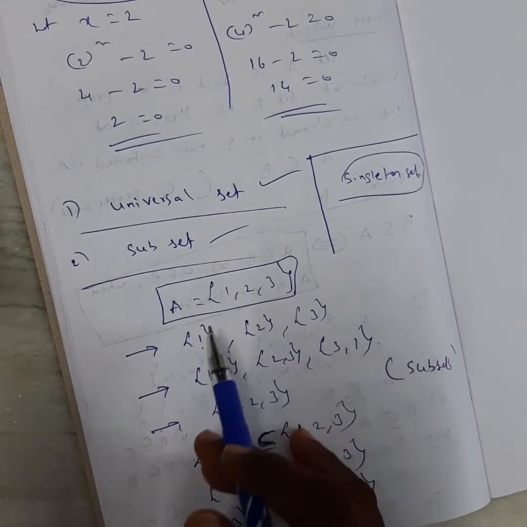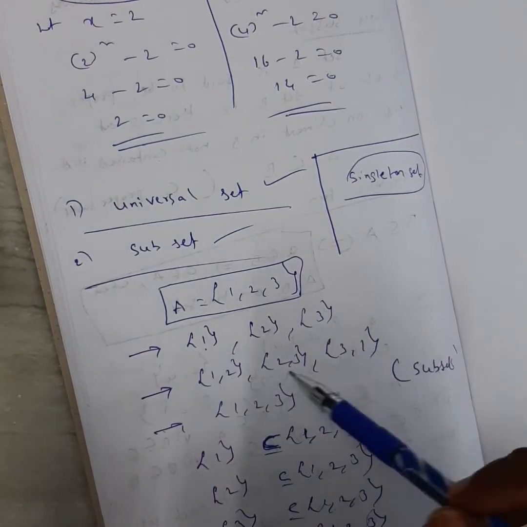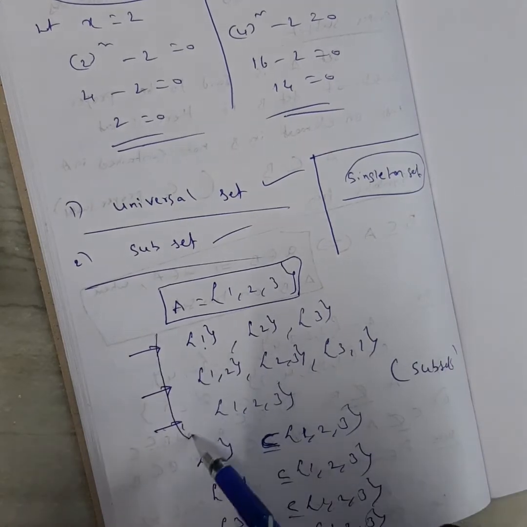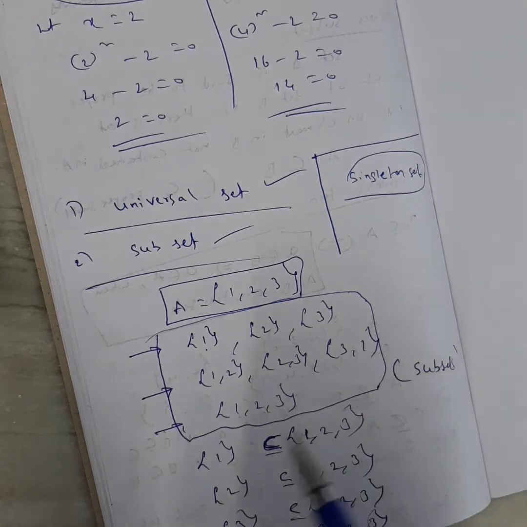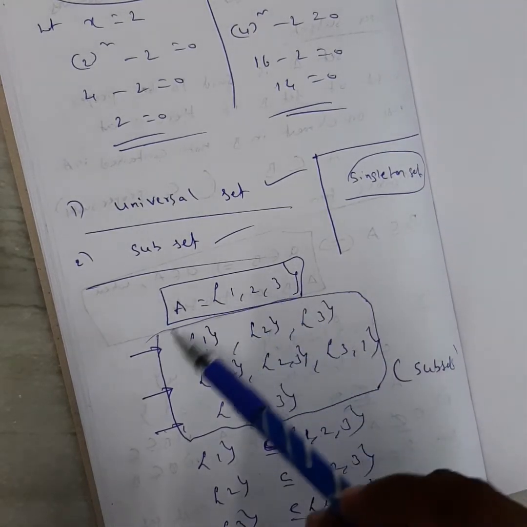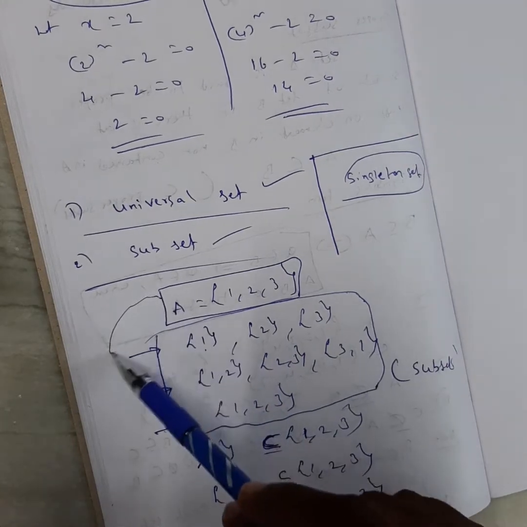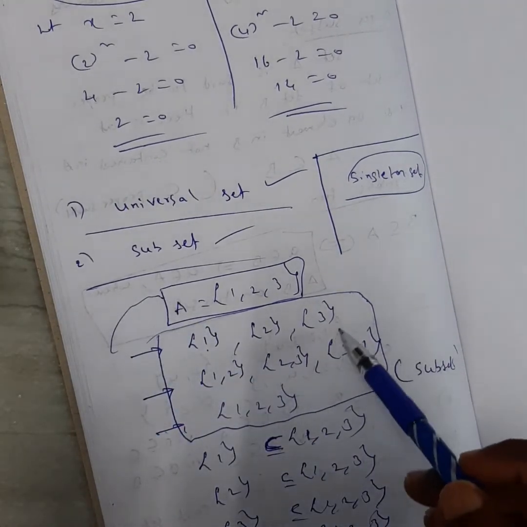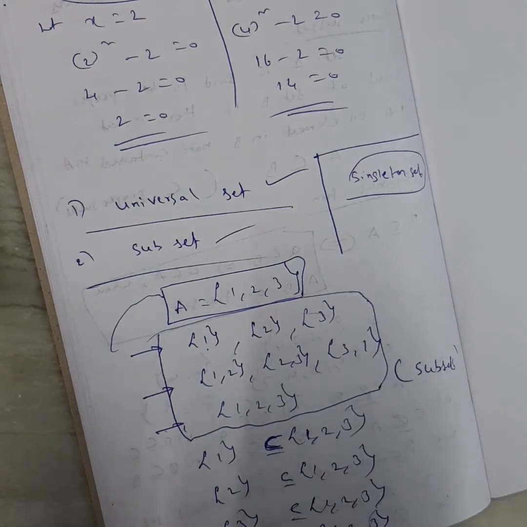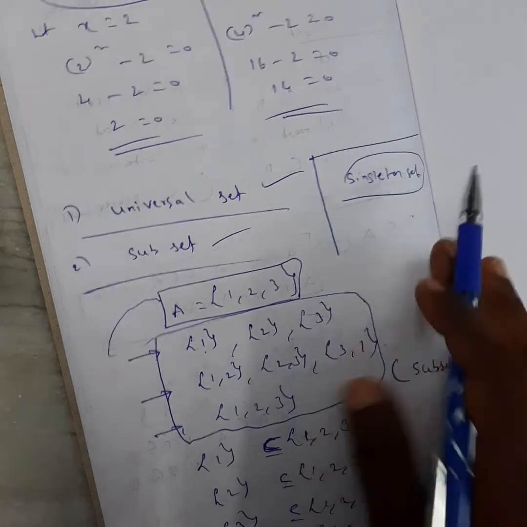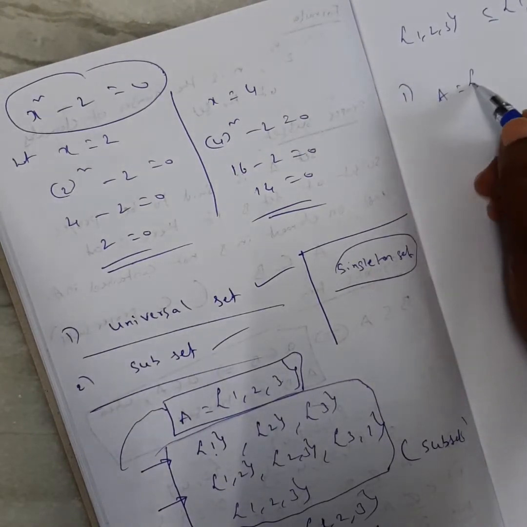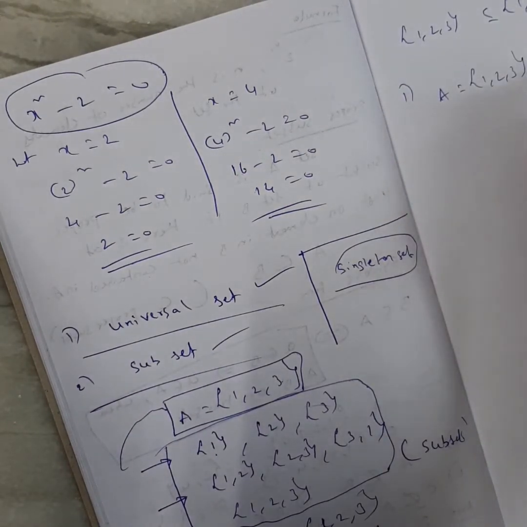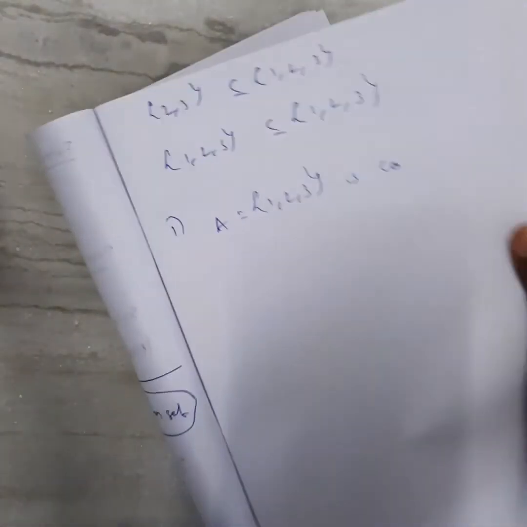Children, by taking {1, 2, 3} as the main set, we are able to write different types of sets. All these we call subsets. So from this we created different sets, and all these together are subsets of the main set. So here the main set, A equal to {1, 2, 3}, is called